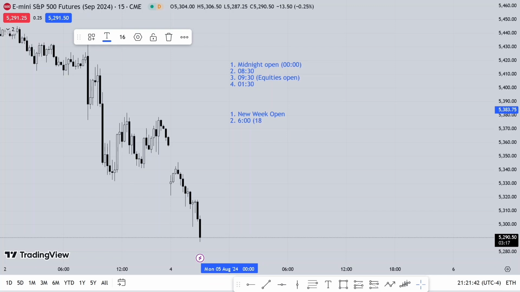Let's call this 18:00 slash new day, because it's a new trading day. So you have a new day open. This is another exotic open. These two opening prices are